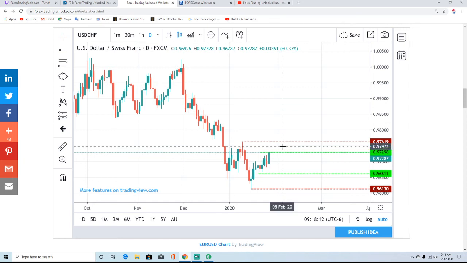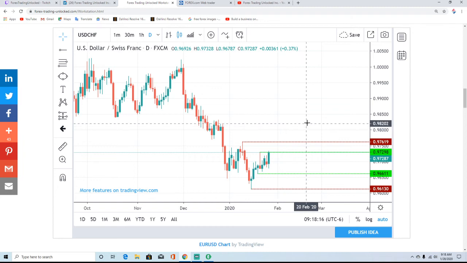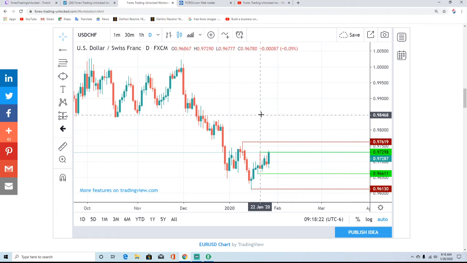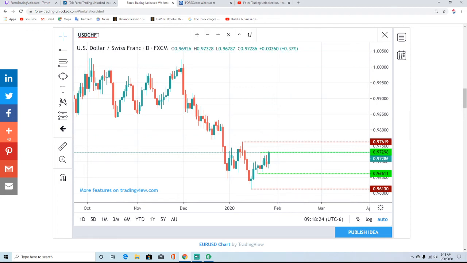Then we're looking for a challenge of 97.61. If it can get a rally above here, we still have a shot at making a rally that goes as far as 98.5. Remember, right now this is a dollar bull going on, but eventually it's going to run out of gas versus the Swiss franc. For the most part, that is our long-term perspective. So I'd be very careful being a bull here. Use caution, keep your stops tight, and I'd be very leery of being a seller until you really get a signal. So I'd be very cautious with that trade.